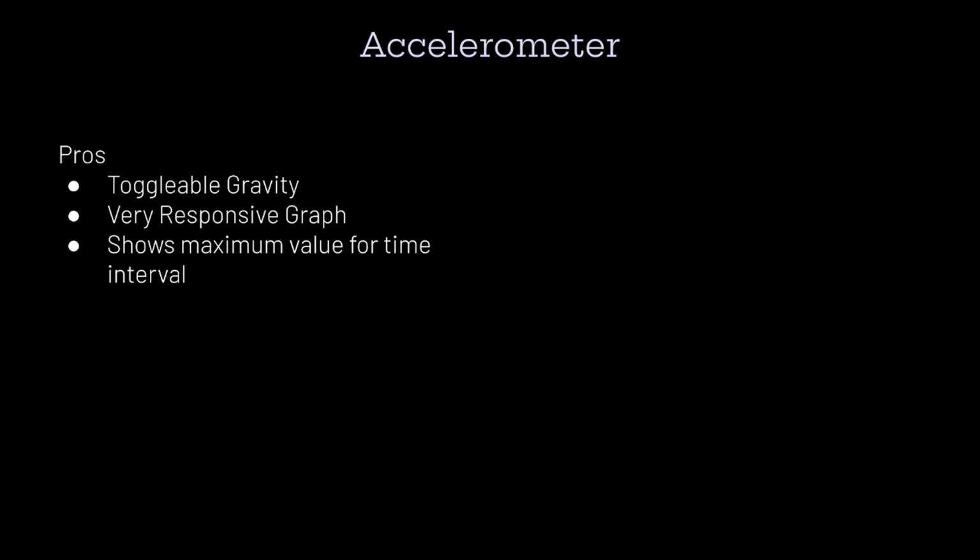Less so for the magnetometer, just because if you place the magnet down, you weren't really going to see your readings change, but because the accelerometer is changing with time, you couldn't stop your acceleration and measure it, so the fact that the auto-scaling graph would show you the maximum value during the interval was pretty helpful, and especially since the interval wasn't that long, you were able to quickly find what that value was. But it would have been a lot better if you had the recording software and you could actually do much more data analysis on that,